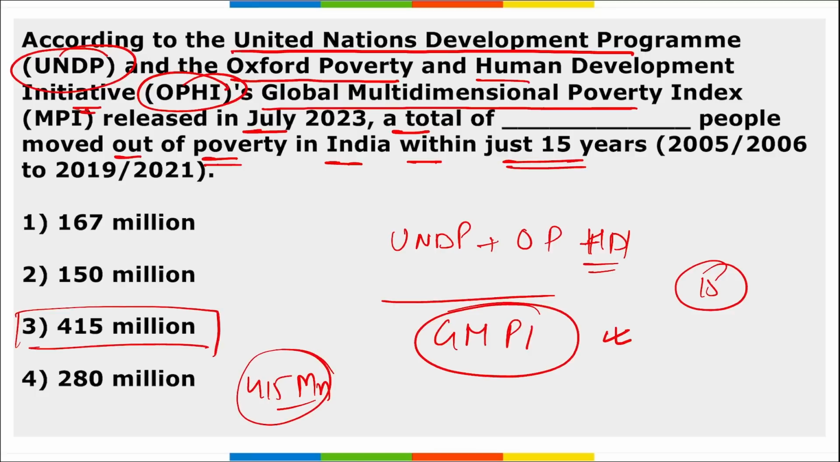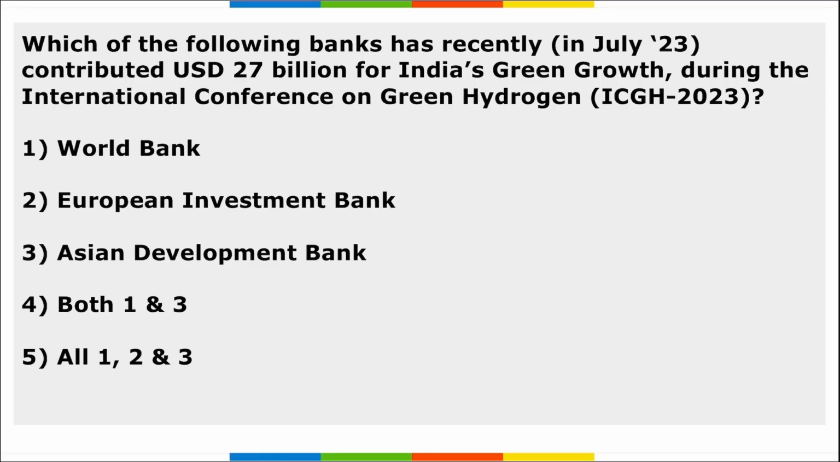In just 15 years. And the state that saw the maximum decrease in poverty is your Bihar, followed by UP. Correct? Next. Which of the following banks recently contributed $27 billion for India's green growth during the international conference on